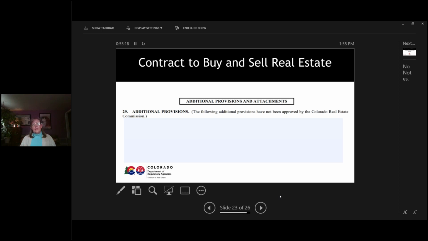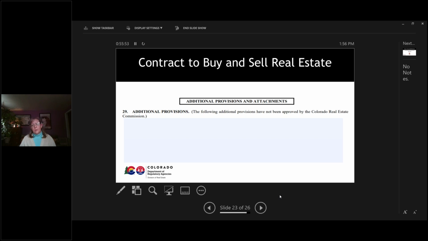Typically, any language that is of benefit to a real estate broker representing you in a transaction does not belong in additional provisions. There is an exception. And when I talk to you guys about real estate commissions and payments, so if I was a buyer and I was looking at a property and the cooperating commission that they were willing to pay my broker was only $1,000, but say I had agreed to pay my broker a commission of $5,000 and I am on the hook for making up that difference,